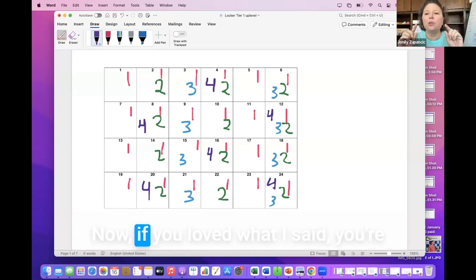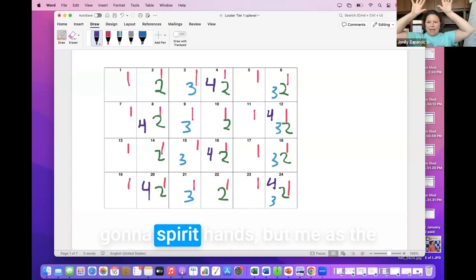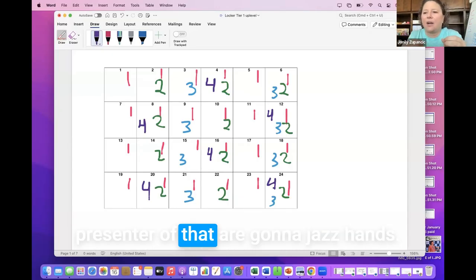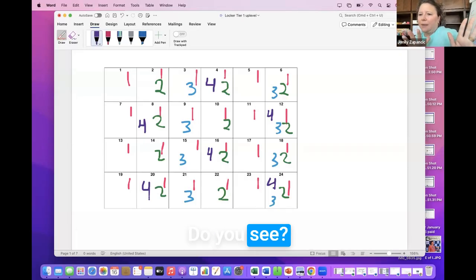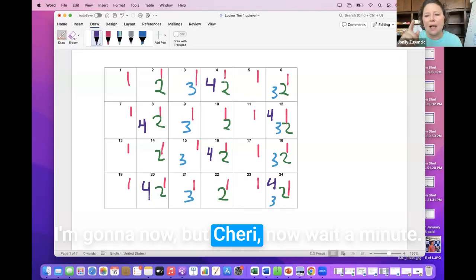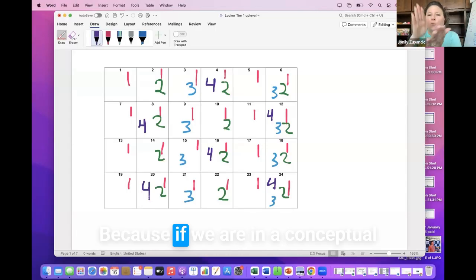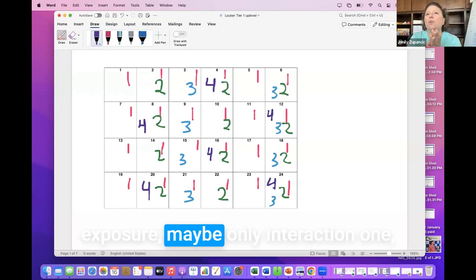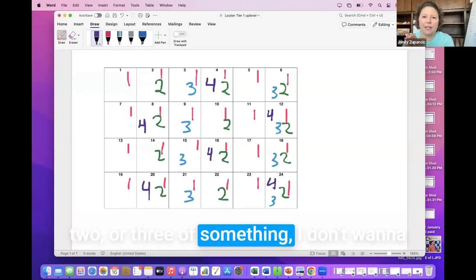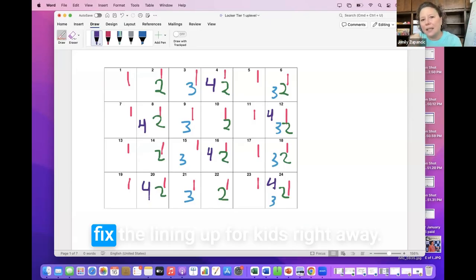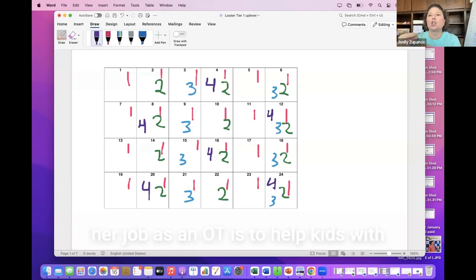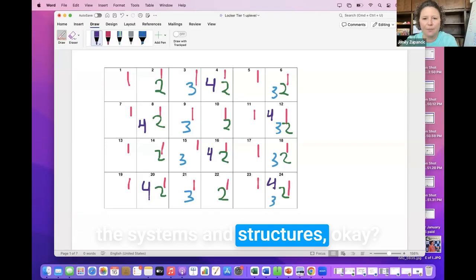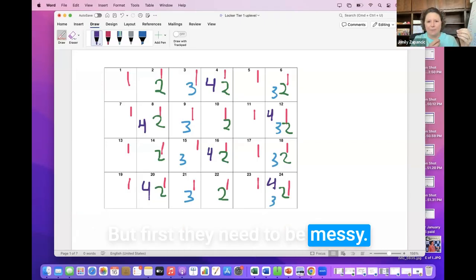But Cheri, wait a minute, because if we are in a conceptual exposure, maybe only interaction 1, 2, or 3 of something, I don't want to fix the lining up for kids right away. And Cheri knows this because her job as an OT is to help kids with the systems and structures. But first, they need to be messy.